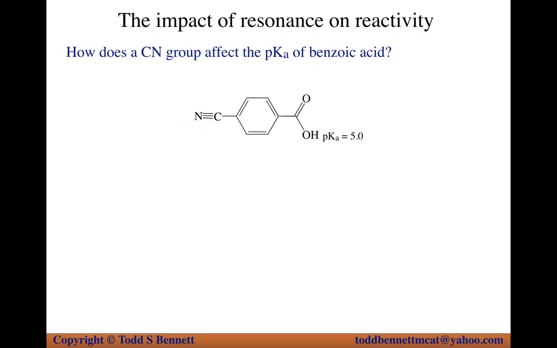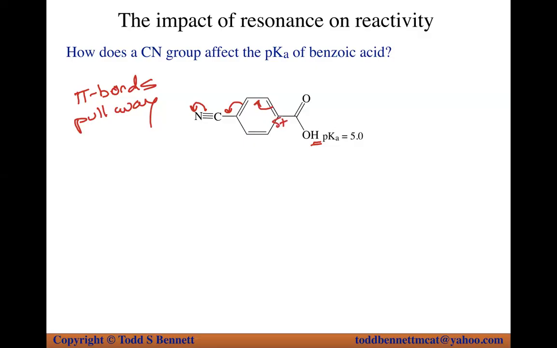The question you have to ask yourself when it comes to these sorts of questions, is there any potential for resonance? And resonance can only happen if you have a pi bond or a lone pair that can get involved. So the group I just added, sure enough, has a carbon with no lone pairs, but it has a pi bond. So pi bonds pull away. Meaning if this bond pulls away, it's going to take it from there, and put a plus charge right here. That plus charge is going to make this group over here